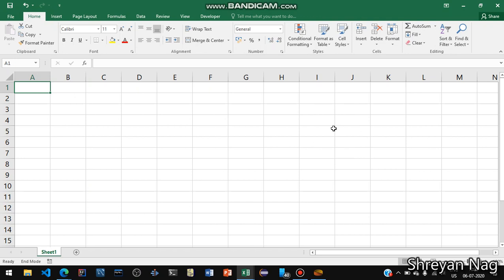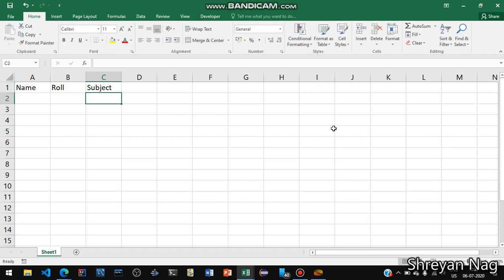Suppose the data may be Name. Then press Enter. Pressing Enter goes to the next cell, but we don't want that. We want to move to the right one. So Roll, then Subject.